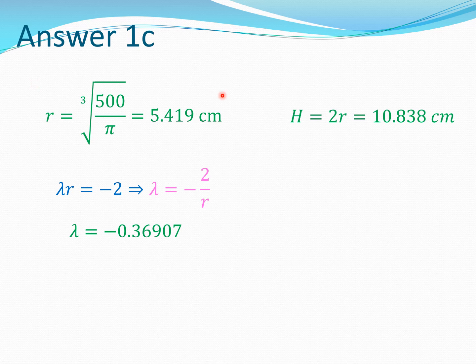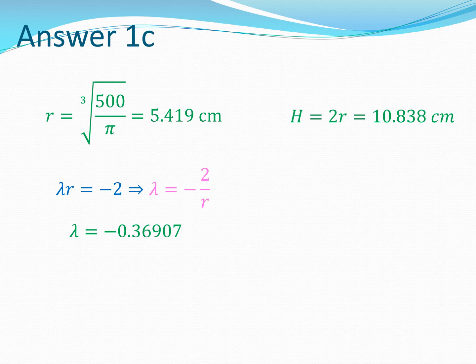So now let's put some numbers on this. Of course, you can also leave it like this if you are in an interview setting and you don't have a calculator. But if you are allowed to use a calculator, maybe you have one in your phone, you can easily get the value that radius is 5.419 centimeter here, and the height of the cylinder is twice of the radius, that is 10.838 centimeter. Now we can also calculate the value of lambda, which is the Lagrange multiplier, from this equation. So it gives me lambda is negative 2 by r. So that comes to minus